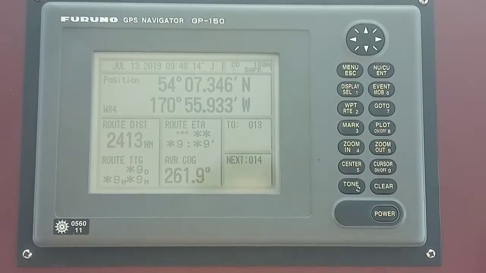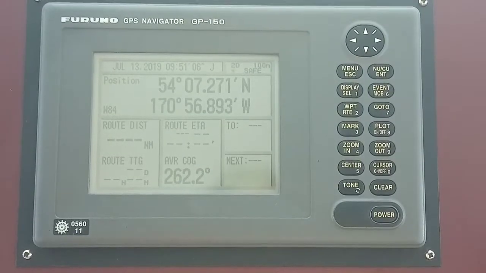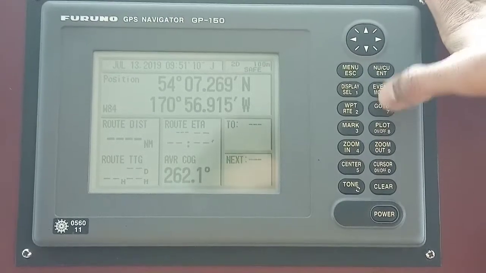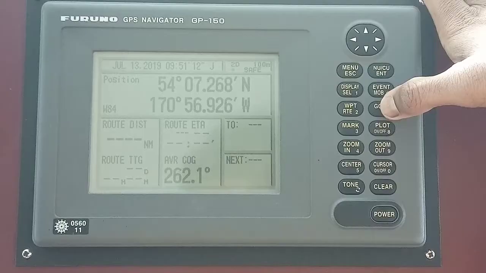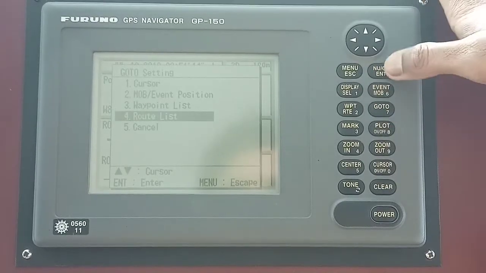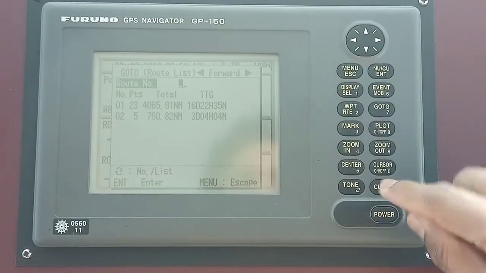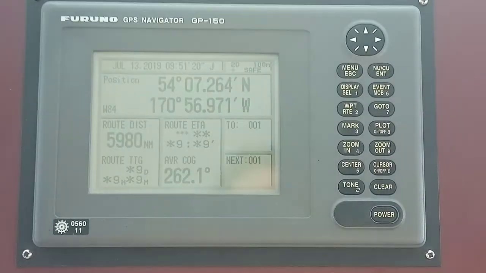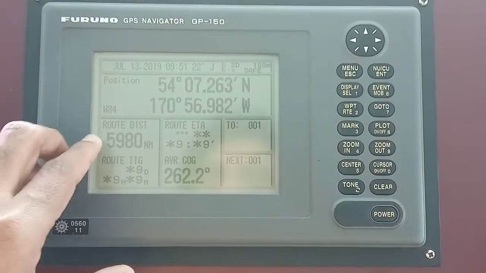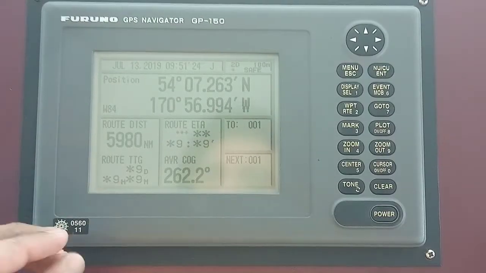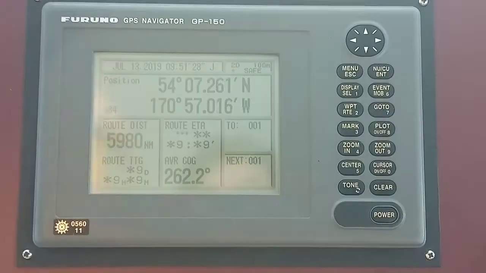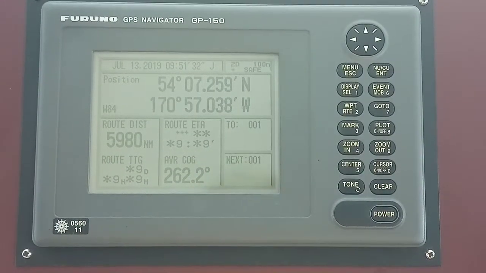Oops. Okay, I will load as I explained for the previous route. Go to number 4 and route list and 01. Right, now this is showing some distance of 5980, and the route TTG and everything is now not calculated. This is because